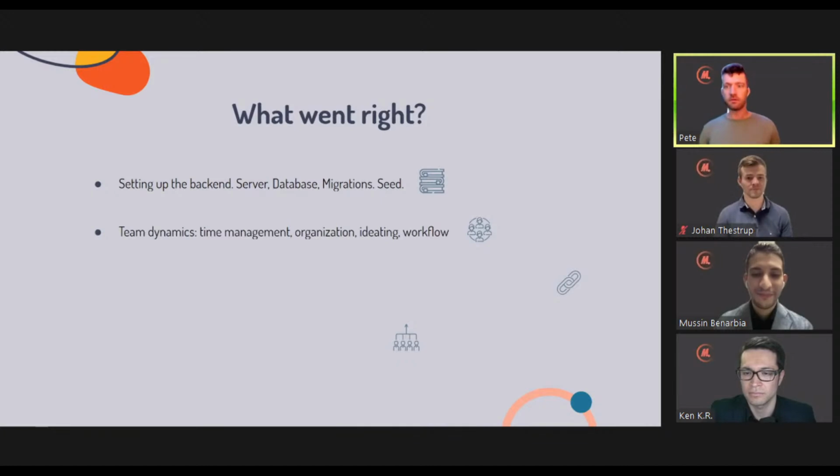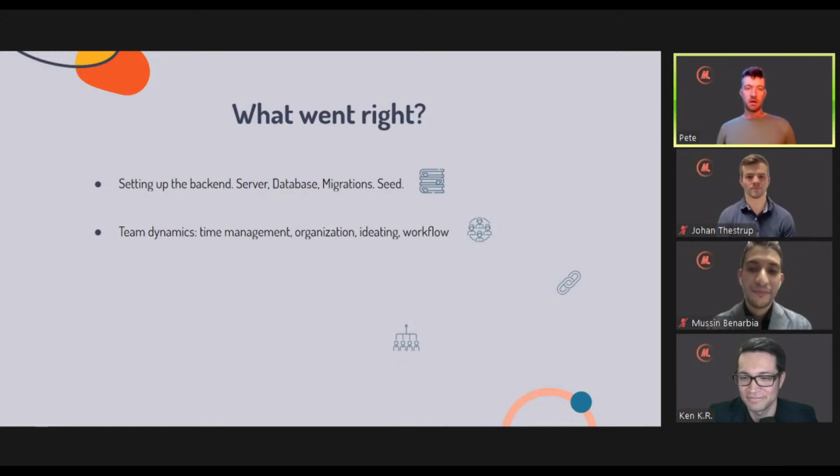Yeah, also kind of touching on what Johan talked about, the team dynamics in general were really smooth. From the beginning, roles were set, but they were quite flexible, and there was no ego in determining who was going to work where. People gravitated exactly to where they felt comfortable working, but there were no issues crossing the front end back end divide,